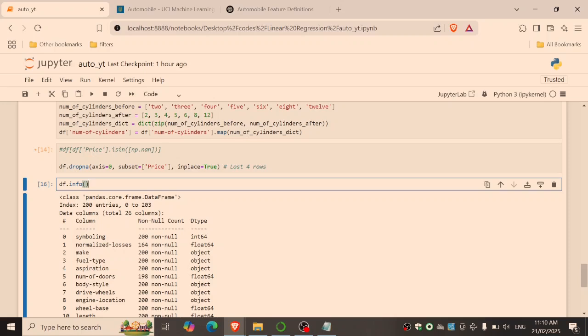Okay, so now what we're going to do is the last stage of the pre-processing. We are going to convert the object type features into integer values. We're going to encode them. And these are the ones that we might use in the linear regression. I wouldn't do this if I don't think I end up using these in the linear regression, but just to show you what I mean,